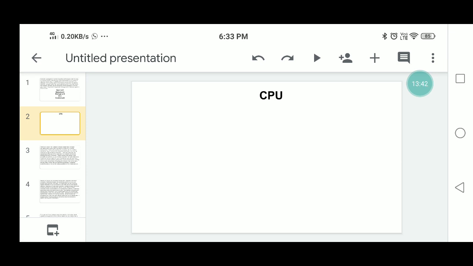The output unit performs the following instructions. What are the instructions? It accepts the results produced by the computer, which are in binary form. It converts these binary coded results into human acceptable form. It supplies the converted results to the user. Finally, it supplies the converted results only to the user, not in the binary coded form; it is converted to human acceptable form.